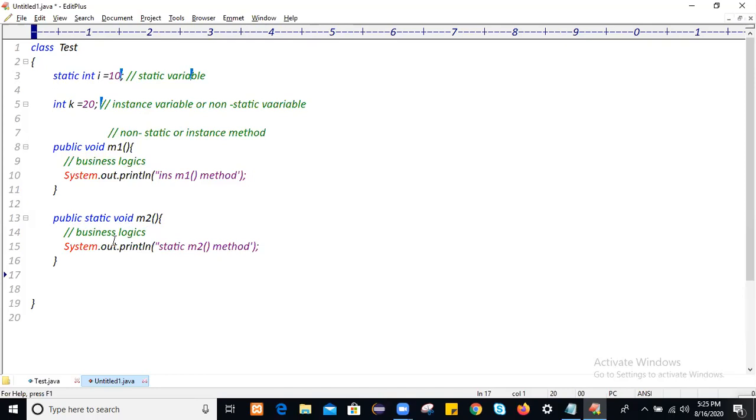You know, in Java your execution will always start at the main method. What is the main method? Your main method should always be like this: public, then static, then the return type void, and main. This main method will always accept one argument of array type, String args. Your execution of a Java class will always start at this main method.